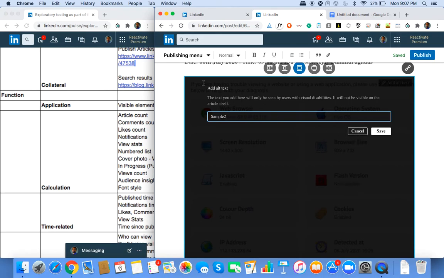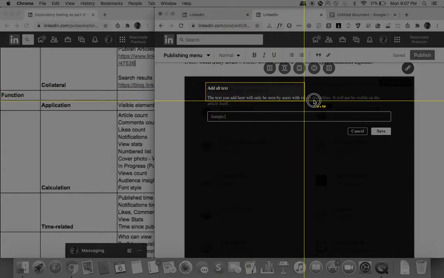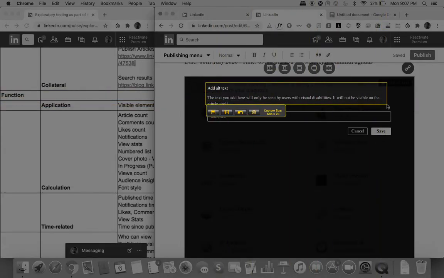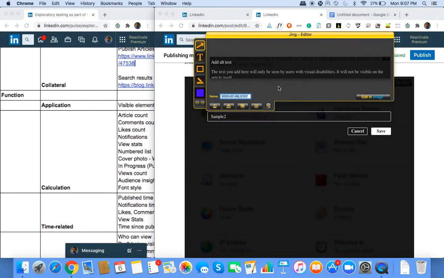What if the image dimension is less than the width of this text and the buttons? So what if I have a screenshot which is only of this size, and I want to add an alt text for this smaller image? Okay, I can do better than this. Look,